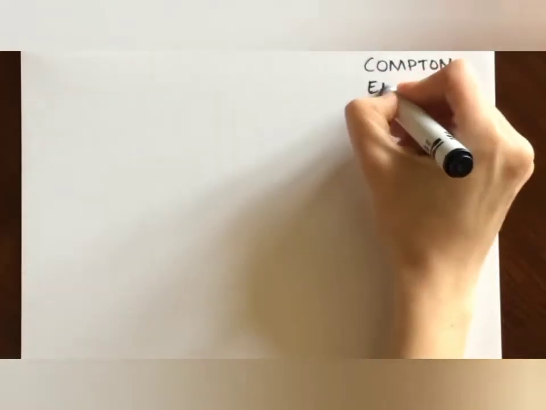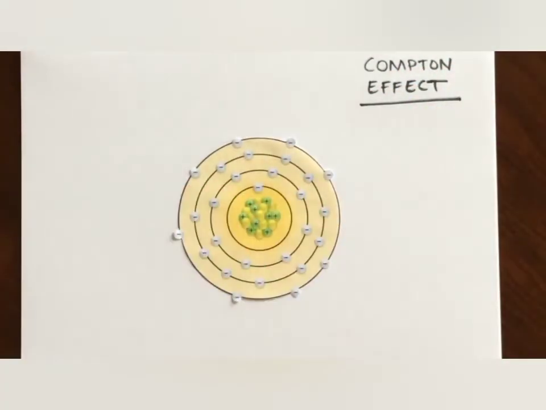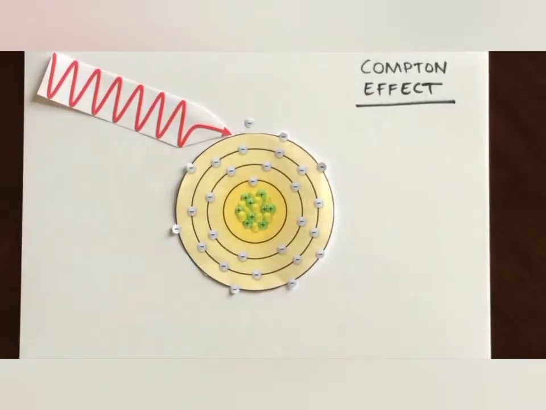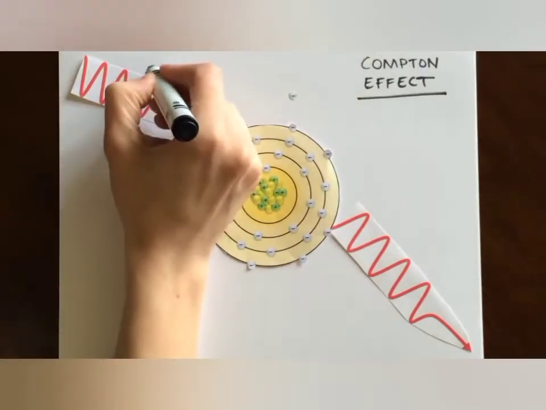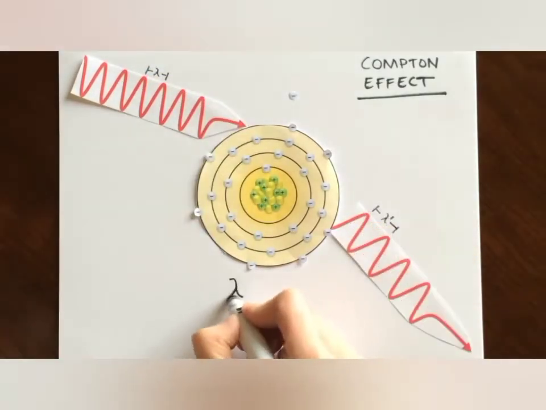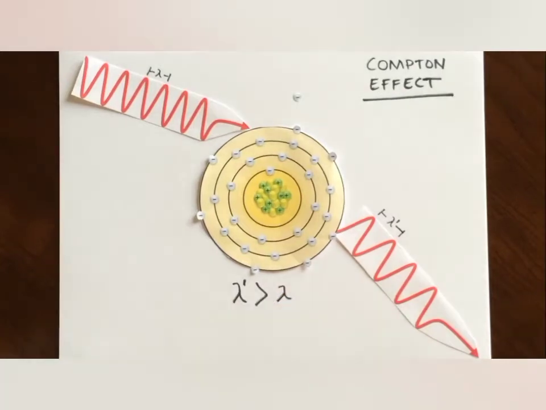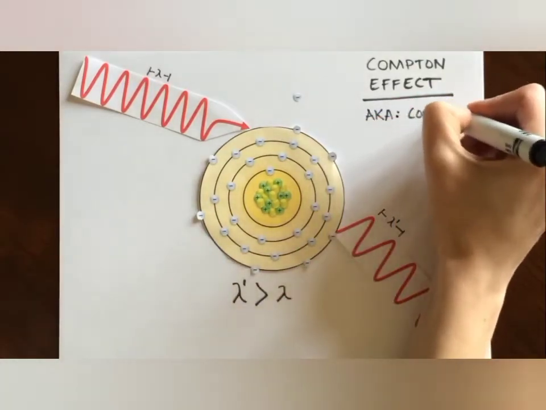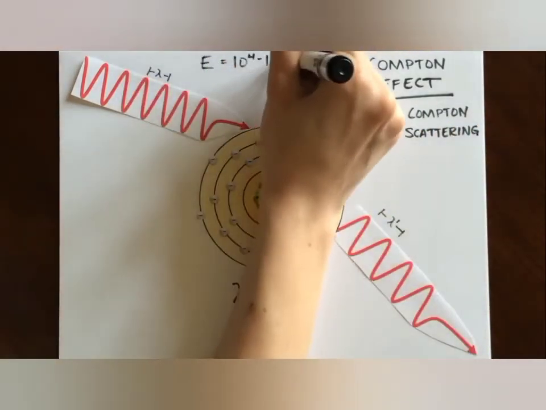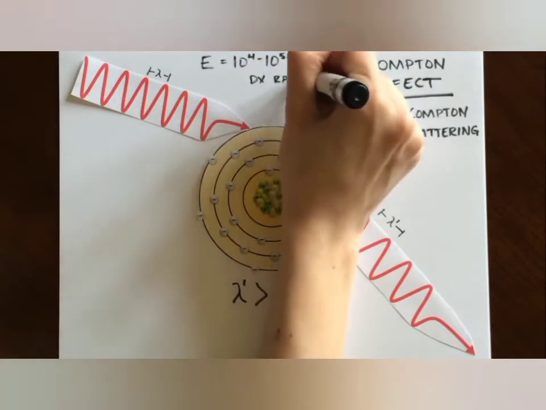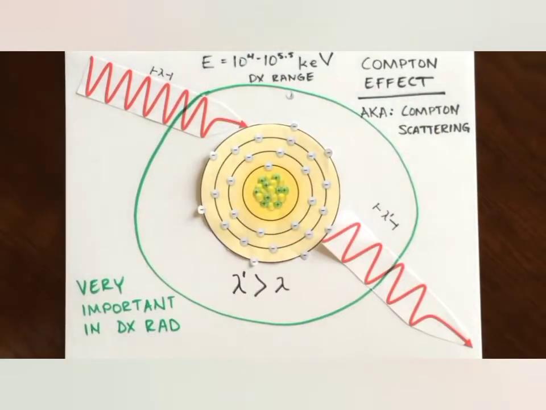The Compton effect refers to interactions between an X-ray photon and an outer shell electron. The photon causes the atom to lose an electron. Remember, this is called ionization. And the X-ray photon is scattered in a different direction with less energy. This interaction may also be called Compton scattering, since the X-ray is now traveling in a different direction. The Compton effect occurs throughout the diagnostic energy range and has a great effect on the X-ray image, though in a very negative way. The scattered photons provide no useful information on the radiograph and cause a reduction in image